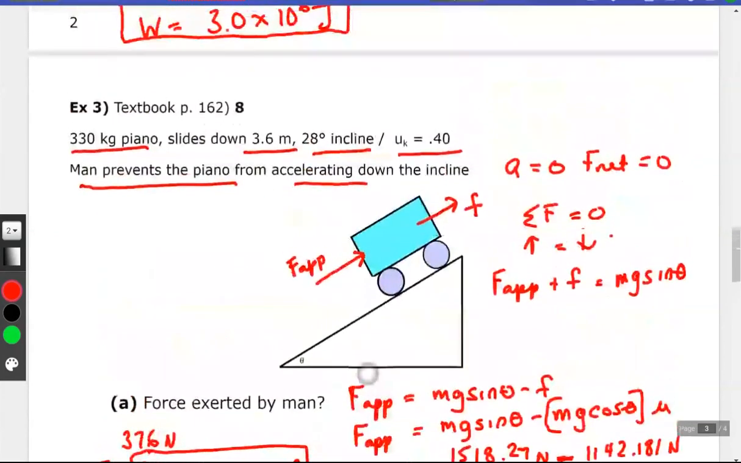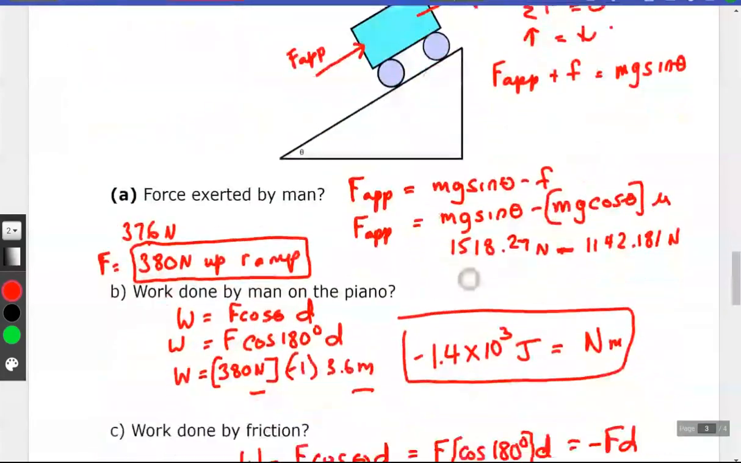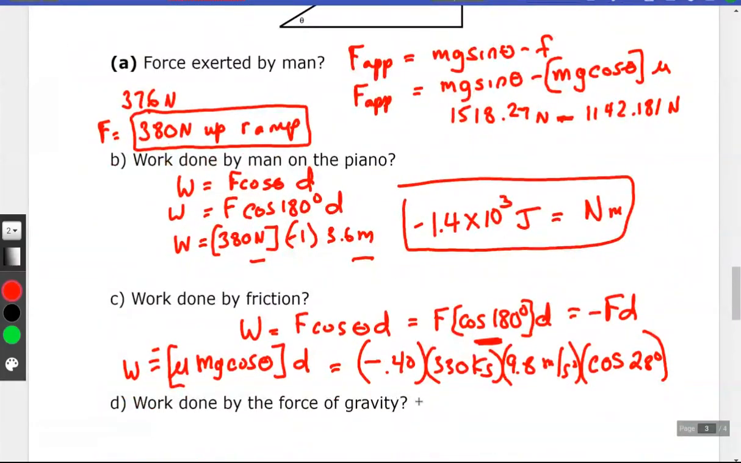This is getting pretty hairy. The d is given as 3.6, also two significant digits. And so now you just put it in a calculator. Negative 0.4 times 330 times 9.8 times cosine 28 times 3.6. When I do it with my calculator, I always do the trig first, then I work backwards. So I'll do the cosine 28 times 3.6 times 9.8 times 330 times 0.4,